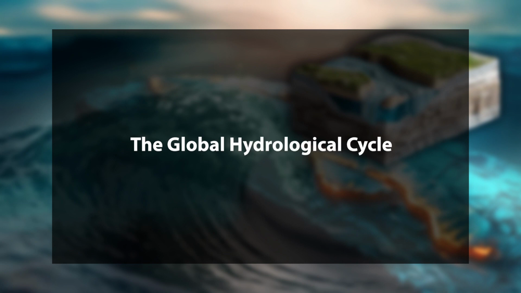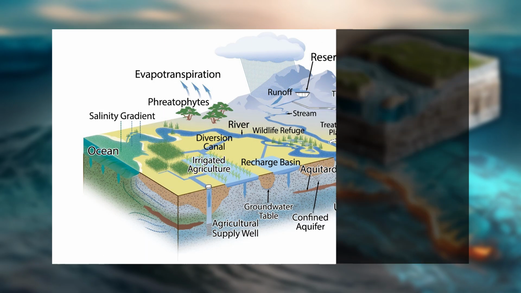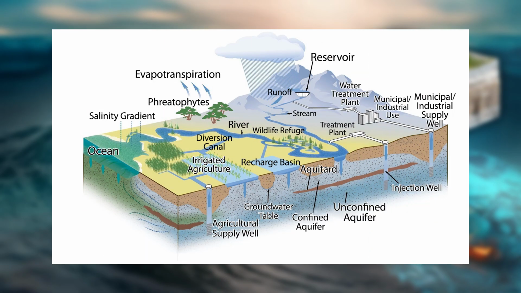So far as the global hydrological cycle is concerned, the uneven allocation of water is not static but is continuously modified by the hydrological cycle. The global hydrological cycle governs the movement of water between these reservoirs and ensures the redistribution of fresh water. The hydrological cycle can best be understood by beginning with the oceans, which act as the largest reservoir